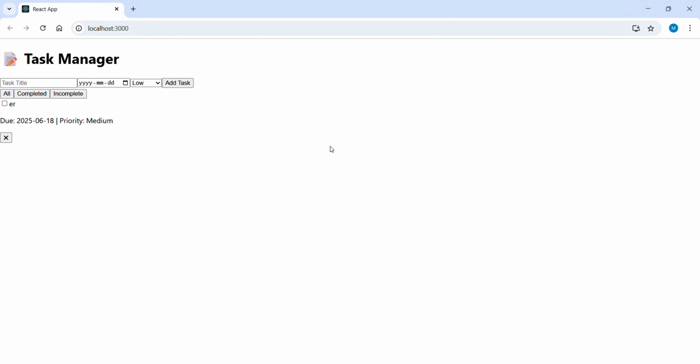Built with modern component-based architecture, this app includes features like task creation with due dates, priority selections, and task completion tracking.